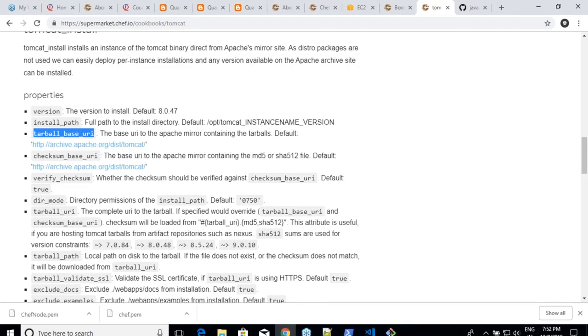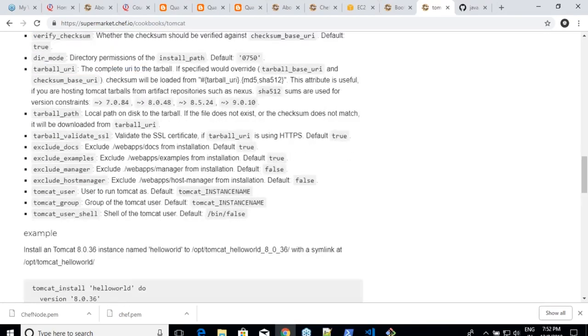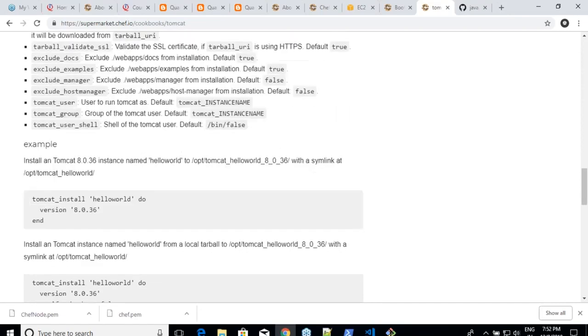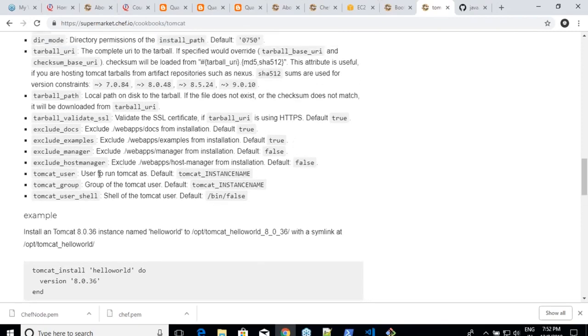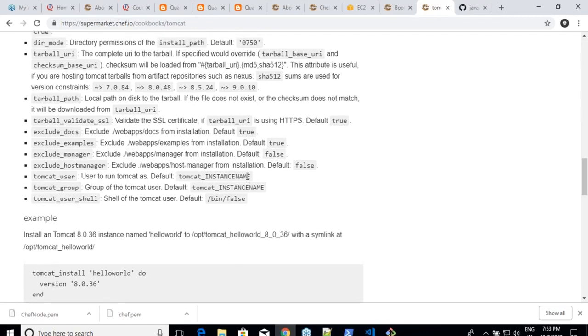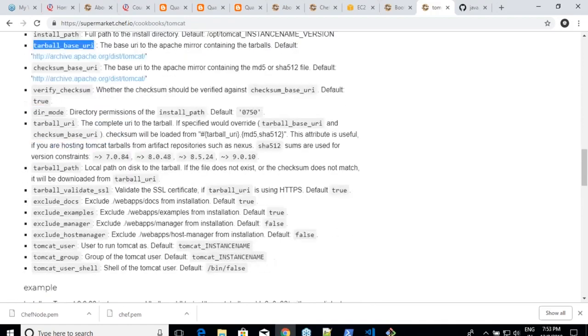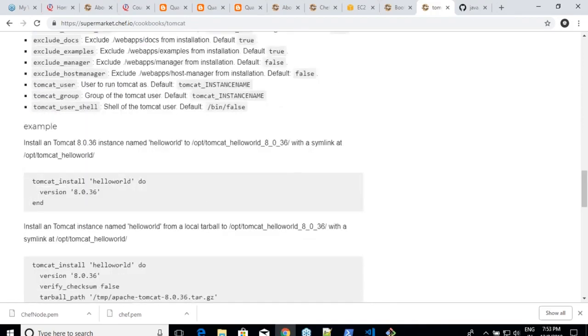So if you look over here, I have to read through the documentation, just like how I used to read the package documentation when I was starting on Chef. To work on package, I would look at the package syntax and read everything, right? Here it's the same story. And now here he gives one example. Whenever you run it, the default username is tomcat_ plus whatever instance name you have. So you can pass all of these properties and then you will get Tomcat install, right?